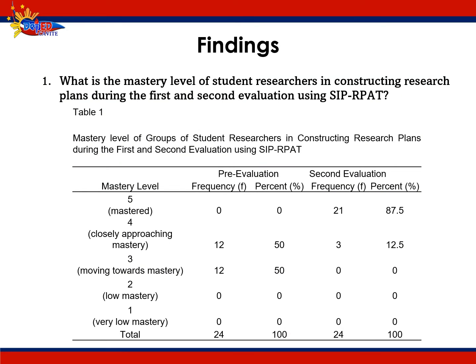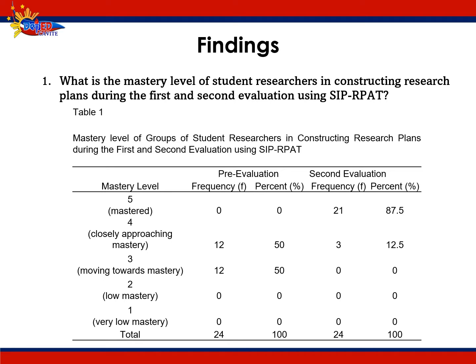For the findings, Table 1 shows that the mastery level of groups of students improved after utilizing the SIP-RPAT. 87.5% of the groups were able to reach level 5 or the mastered level during the second evaluation. During the first evaluation, none of the groups was able to reach the said mastery level and only 50% were able to reach level 4 or described as the closely approaching mastery level, which was the lowest mastery level achieved